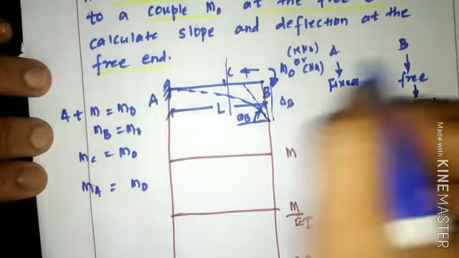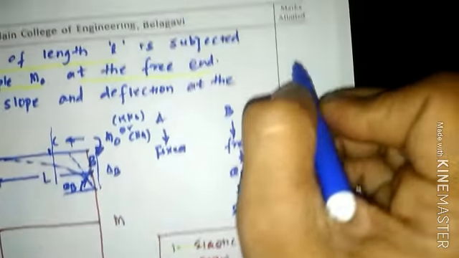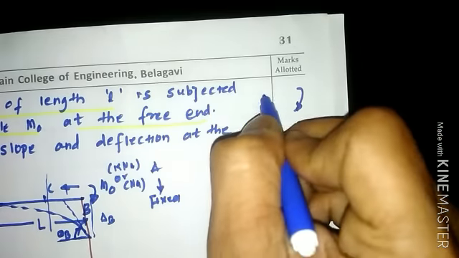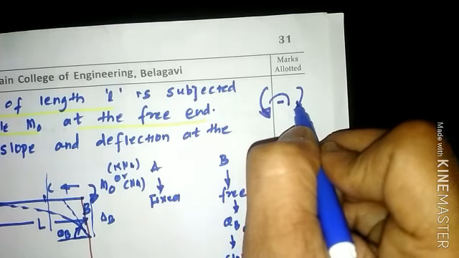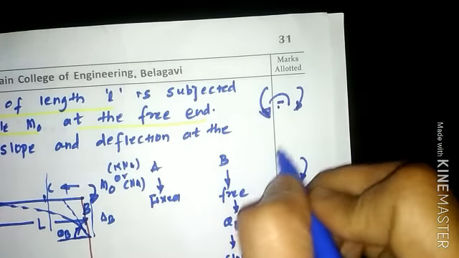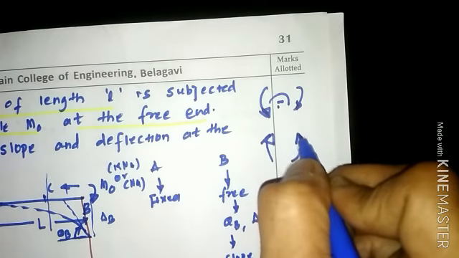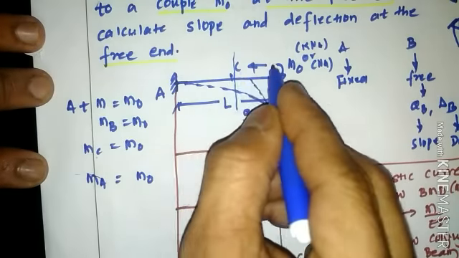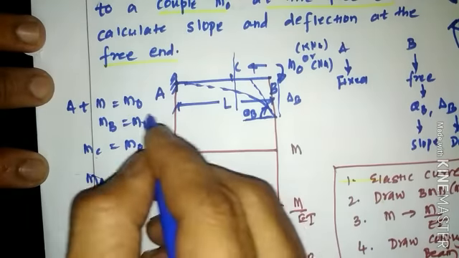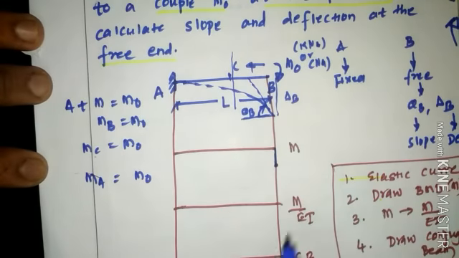All this M naught on the right hand side is in clockwise direction. If we follow the convention, this will be hogging, which is negative. That is, right hand side clockwise and left hand side anti-clockwise is hogging. Likewise, left hand side clockwise and right hand side anti-clockwise will create sagging, which is positive. Here the section moves from right to left, the right hand side section, all in the clockwise direction. So it will create a hogging pattern, so you mark it below the beam, which is negative.